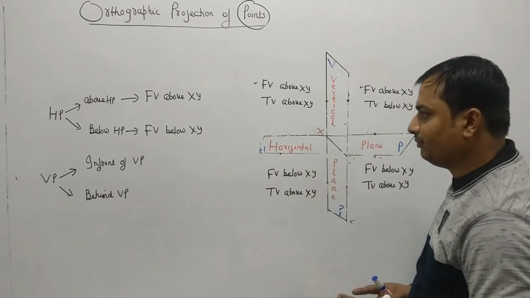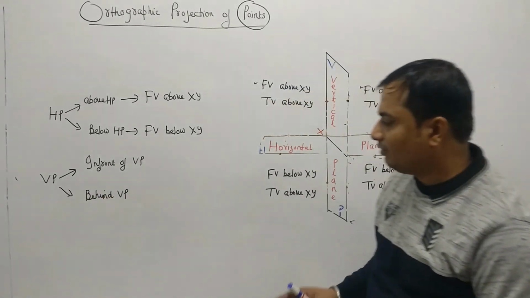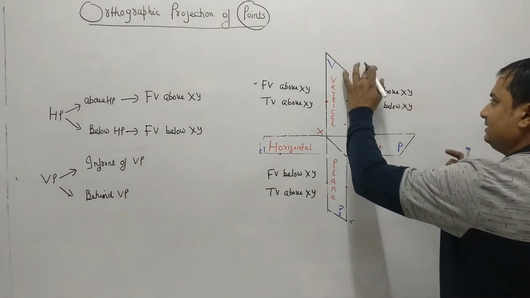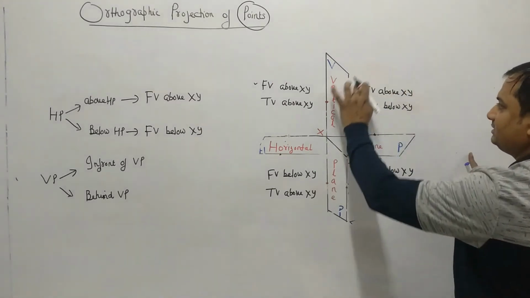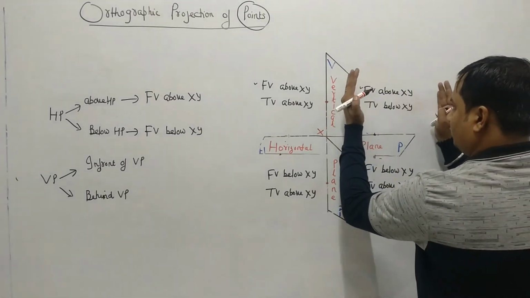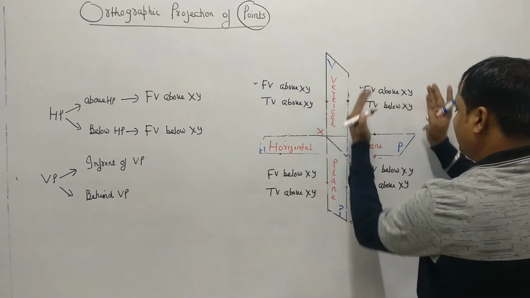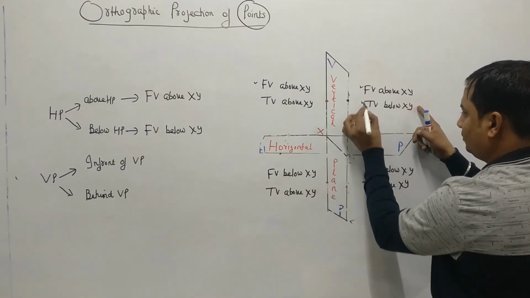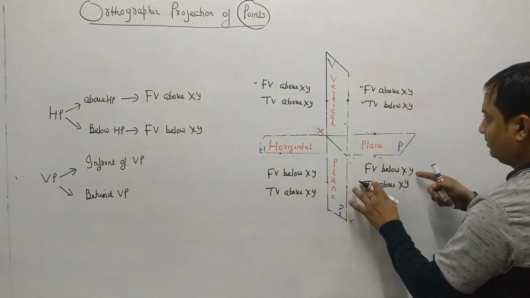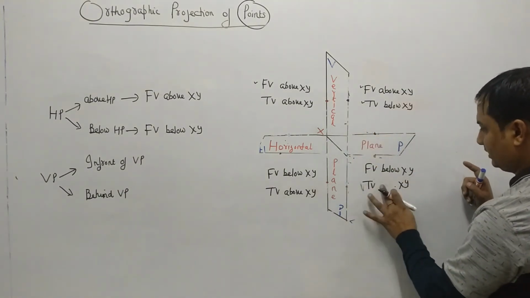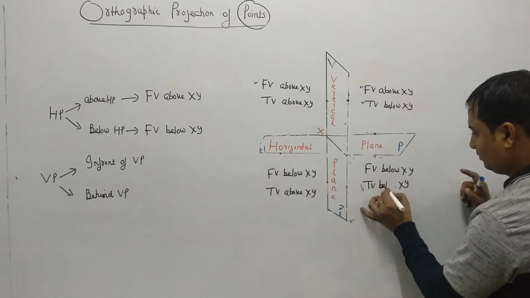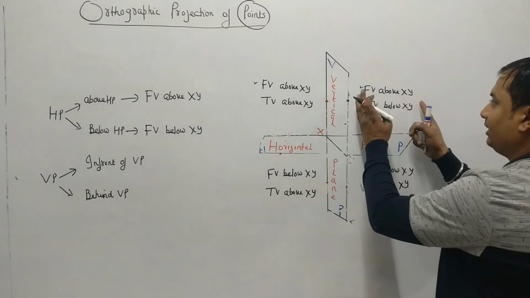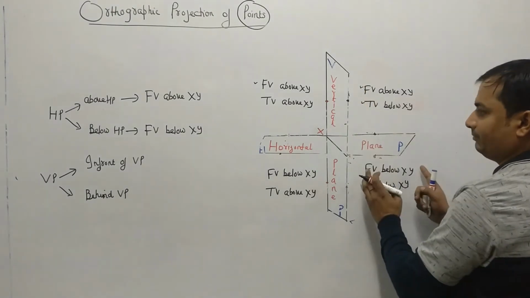So in front of VP, in which of the following angles was the point in front of VP? This is the region in front of VP. This is the region in front of VP. What is common here? If the point is in front of VP, you can see the top view is below. Sorry, here also I have made a mistake. This is also below. The top view is below and the top view is below. So this is the common for when the point is in front of VP.